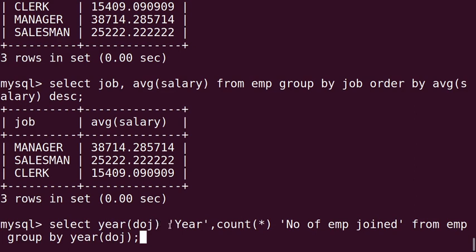Next, this year is the alias name for the column. Next, we are writing count star. Then one more alias name we are using for the second column, that is number of employees joined, from EMP, then group by year(DOJ). Here we are grouping the records based on the year of the date of joining.